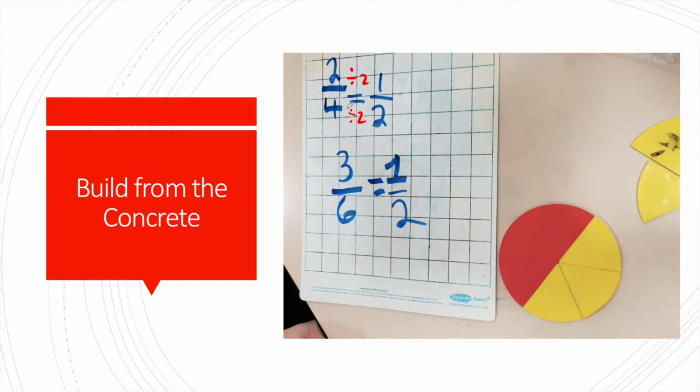And then if you say, okay, so which is bigger, 2/4 or 1/2? They will almost always say 2/4 because the number is bigger. So even though you're teaching them that it's equal, they still don't really get that it's equal. So we spend a lot of time just stacking fraction tiles on top of each other. And we're going to have to get creative with that if we're distance learning, but we need to just experience